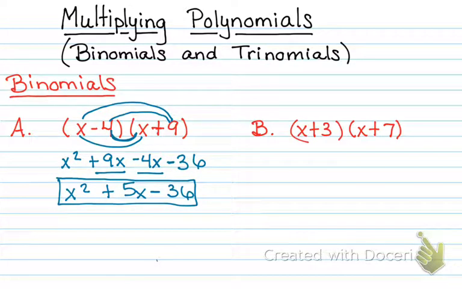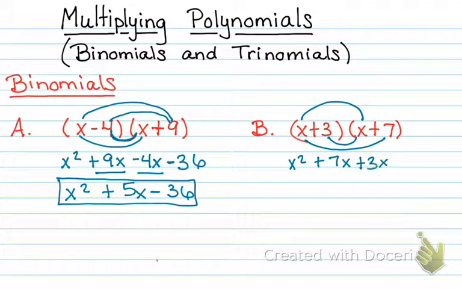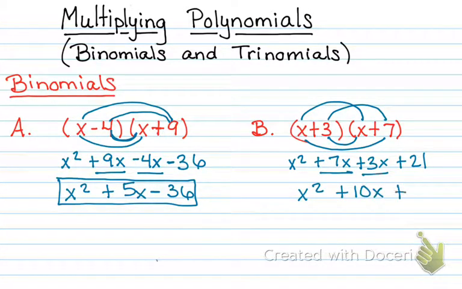On this one, we'll do the same thing. We do the first term times the first term, so we have x squared. The first term times the last term, we have plus 7x. Then we have the middle terms, so plus 3x. And then the last terms, so plus 21. Then we combine like terms. We have a 7x and a 3x, so we end up with x squared plus 10x plus 21,